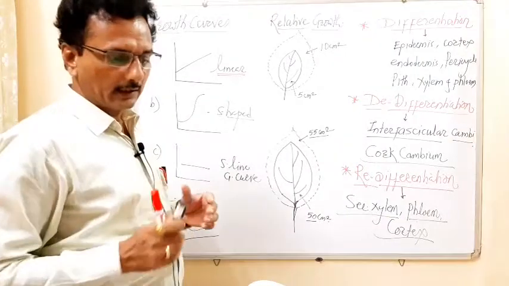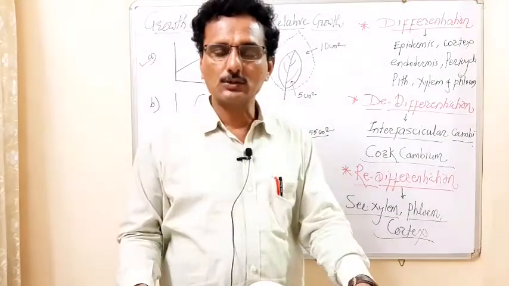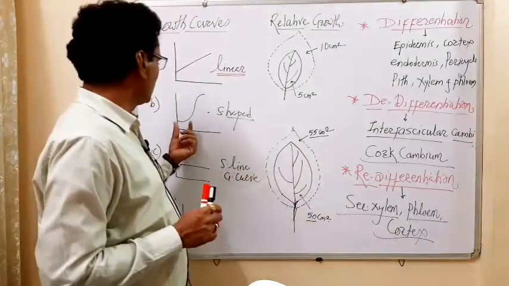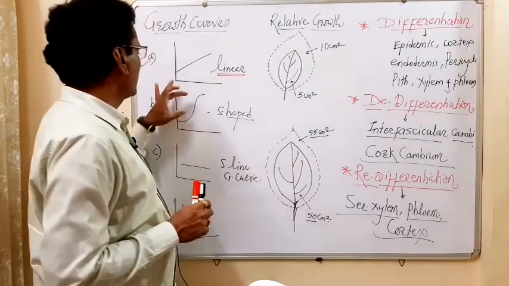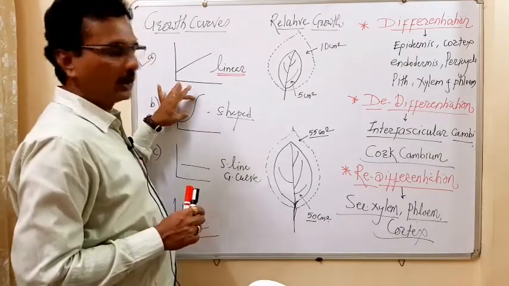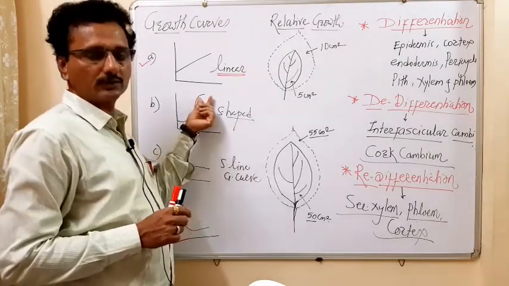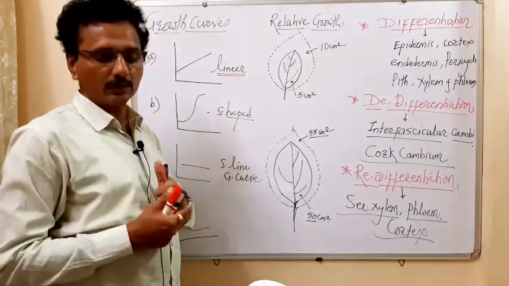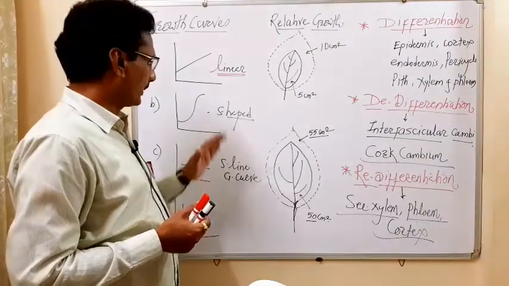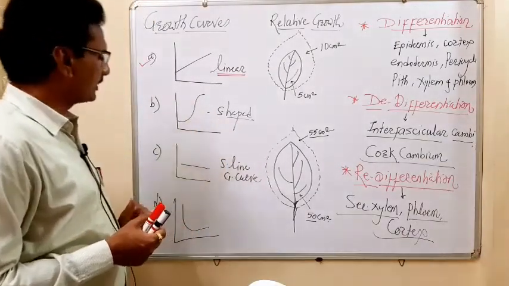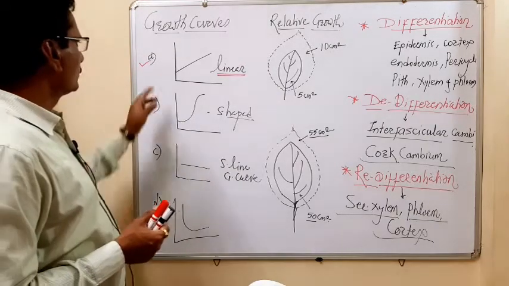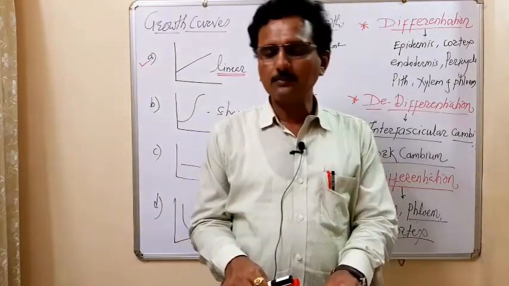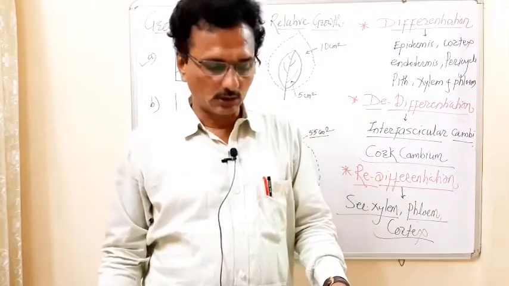So remember, in the other type of growth, in case of geometric growth, what we observe initially is that the growth rate is very minimum. It is followed by a sudden increase in growth, and then followed by a stationary phase or adult phase. So the growth curve in case of geometric growth is S-shaped. These are the other options given. So what is the growth curve with respect to arithmetic growth? It is a linear growth curve.